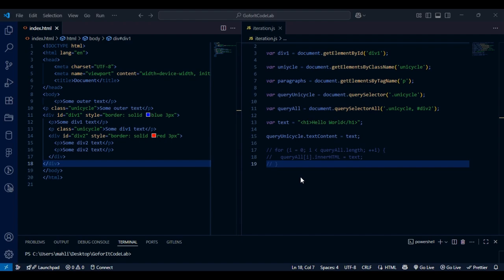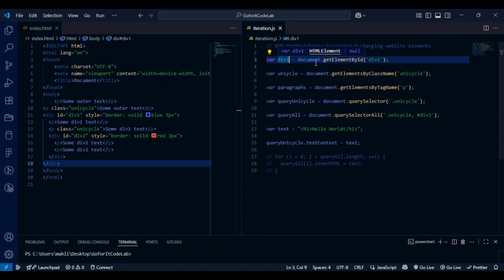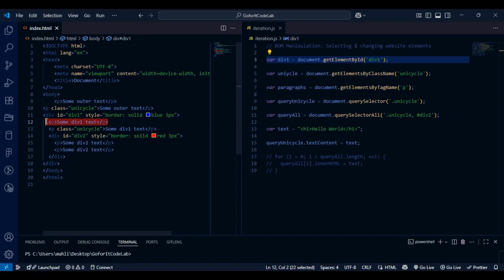So we are going to discuss this code. What this statement means: you can see the variable div1. Under the JavaScript, the div1 has got elements inside it. If you come to the HTML, the div with ID div1 has the border solid blue. So all these elements inside the div1, which are the paragraphs,